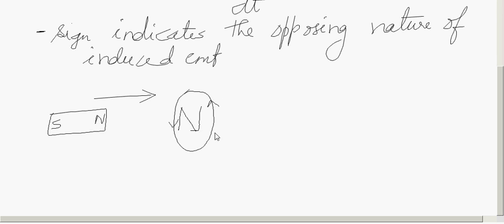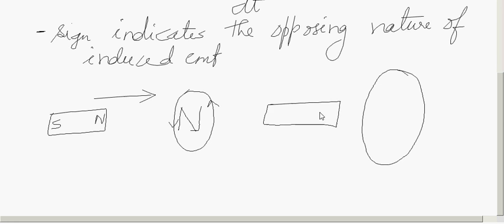On the other side, if we have a coil and if the same magnet is moved away from the coil, now we have north here, south here, and let us say that the magnet is now moved away from the coil. Now what happens? Now north pole is moving away from the coil. So the coil must say, "Hey north pole, don't go away from me." So it is possible only if